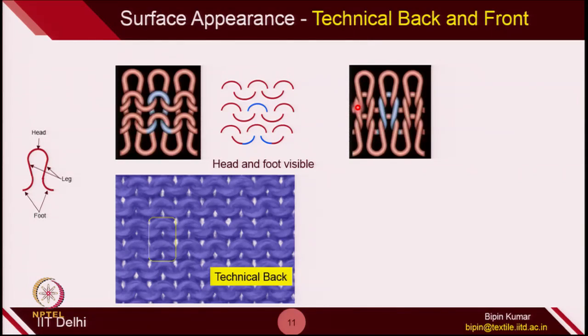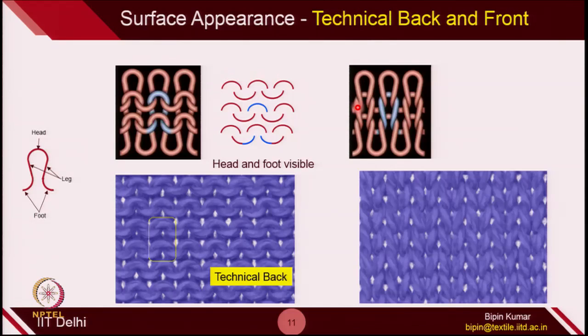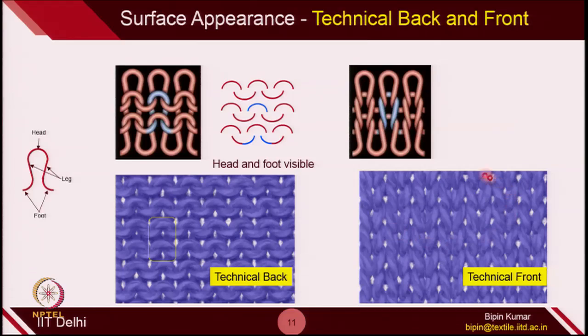Okay. So, once the loop is being formed on the front side, you can only see the straight segment of yarn, which is nothing but the leg, and this surface of the fabric is called technical front side. So, this fabric where you can only see the legs, we call this a front side. I have highlighted one of the loop areas where you can see only the legs are visible. Heads and sinkers are visible on the opposite side, which is called technical back.